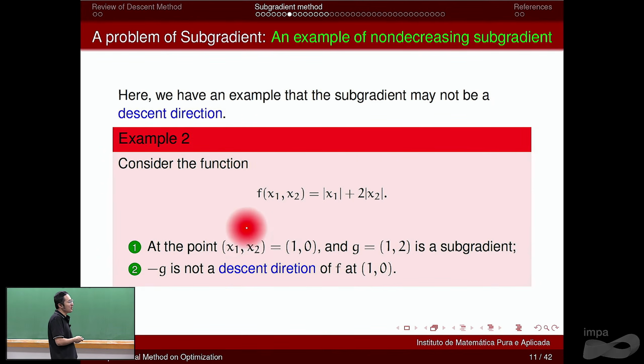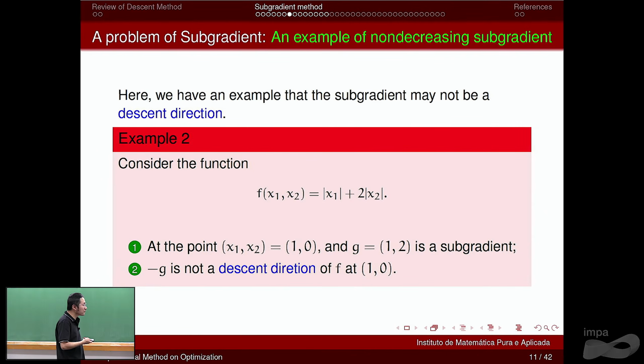Let's say this example. We consider this function with two variables, x1 and x2, which equals the absolute value of x1 plus 2 times the absolute value of x2. And at this point, (1, 0), we can check that (1, 2) is a subgradient, but the negative g, which is (minus 1, minus 2), is not a descent direction at this point (1, 0), okay? Let's